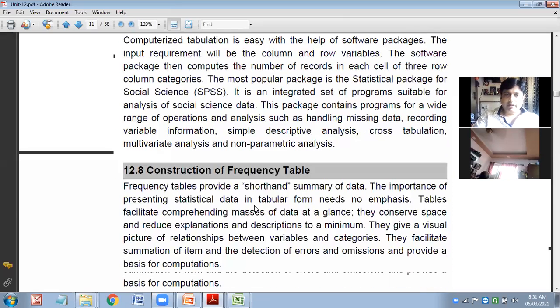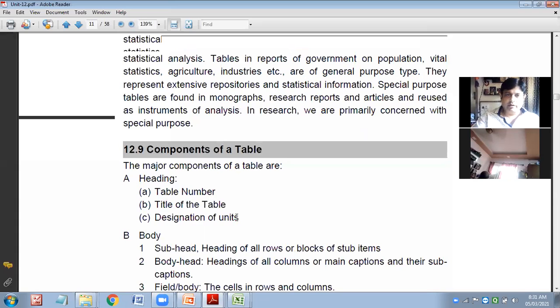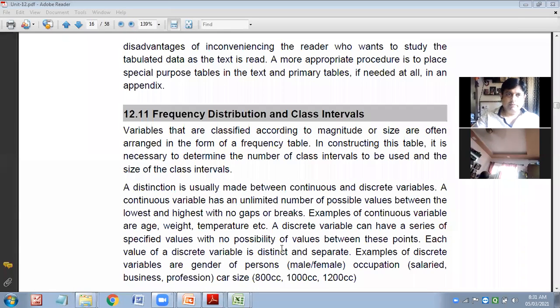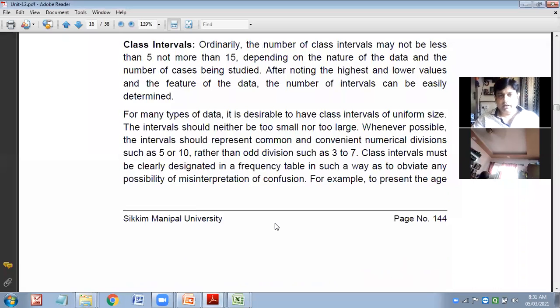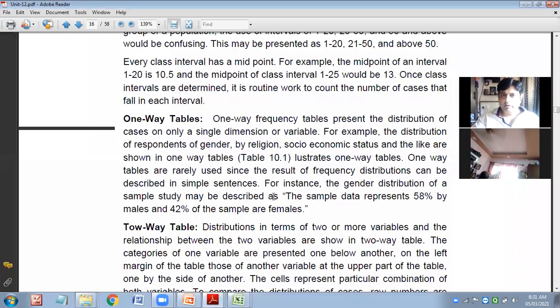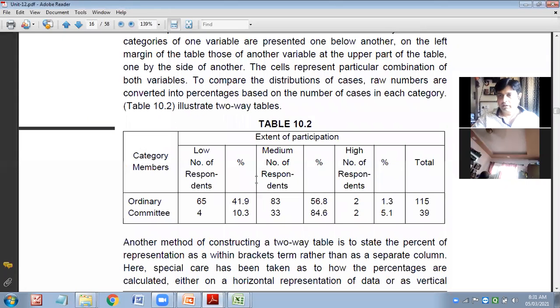In a table, it is very important to give the title, designation, unit, heading; everything should be part of the table. Frequency, class interval, these all should be there as part and parcel. One-way table, two-way table. In two-way there are two other